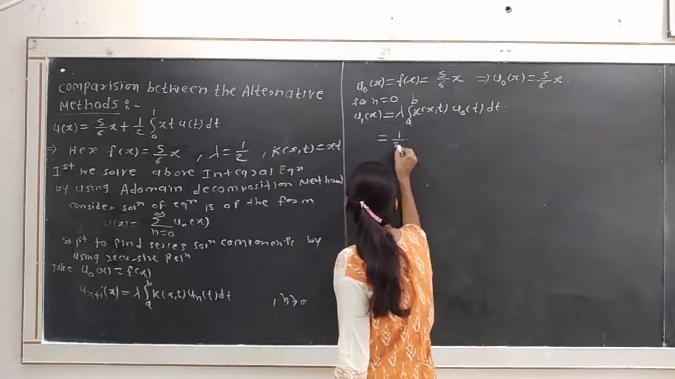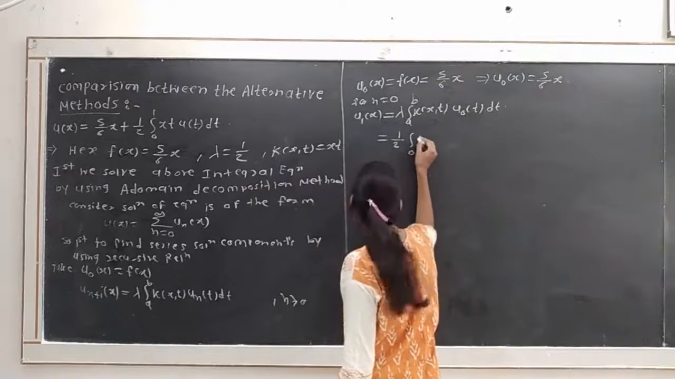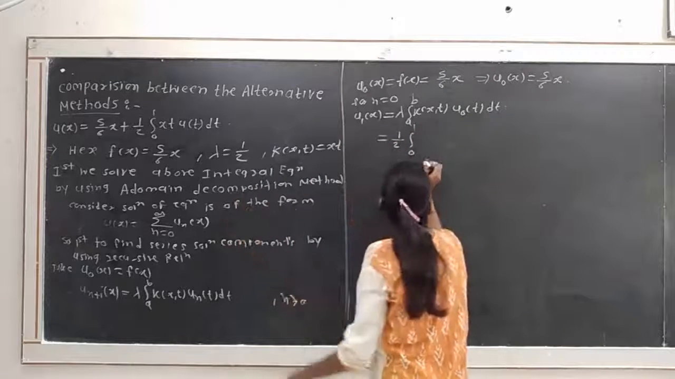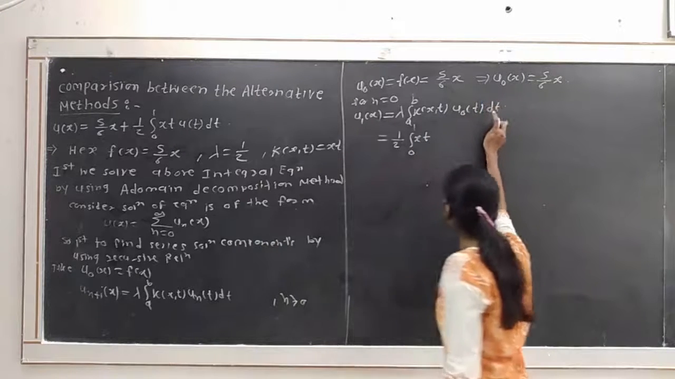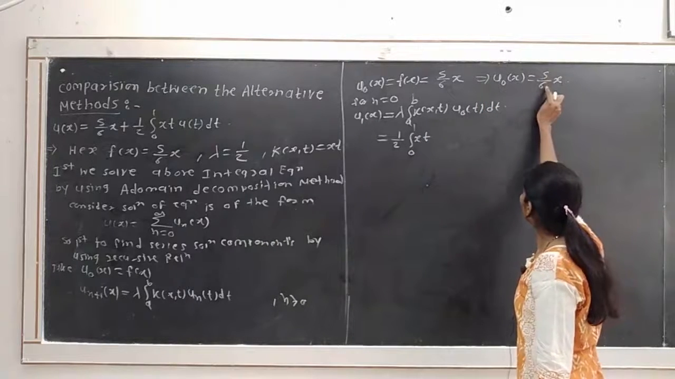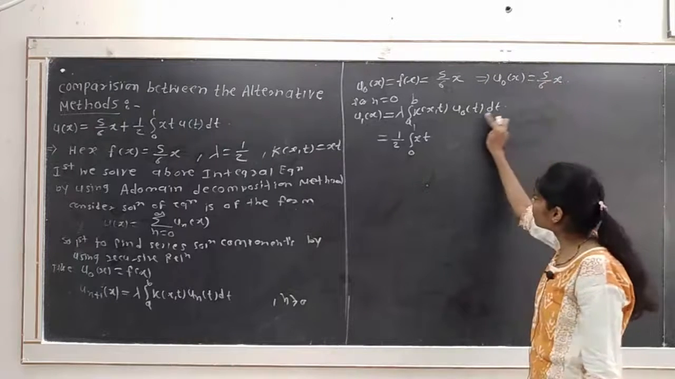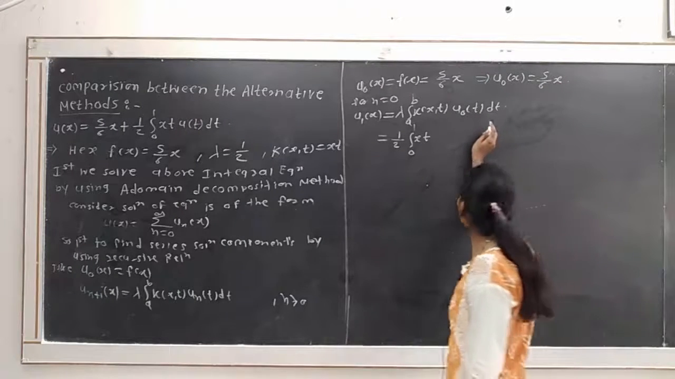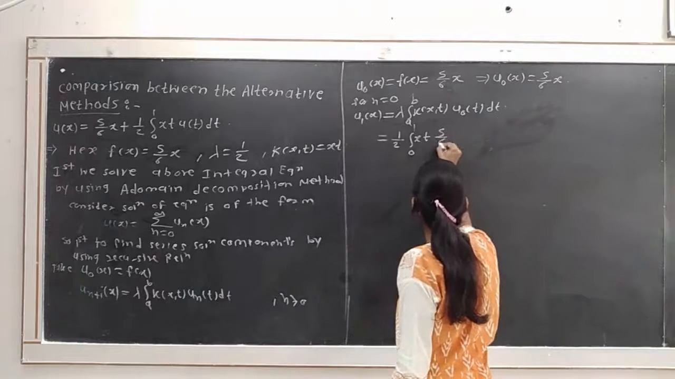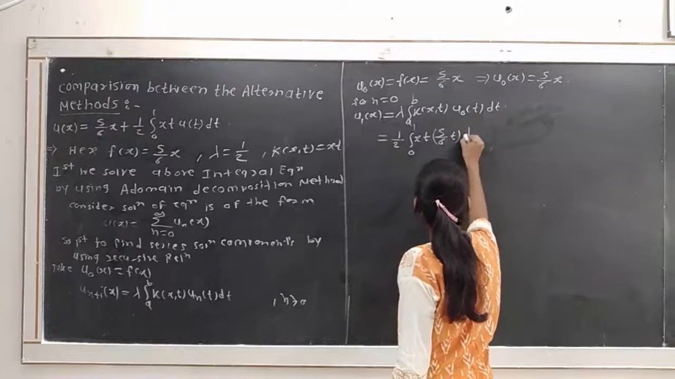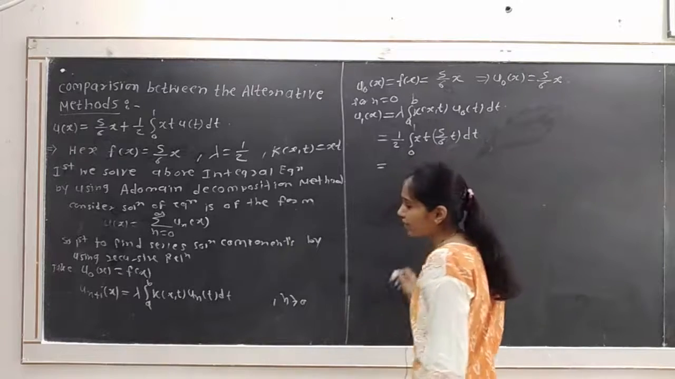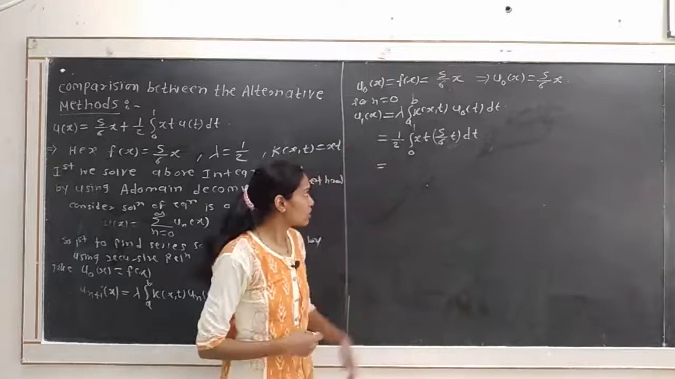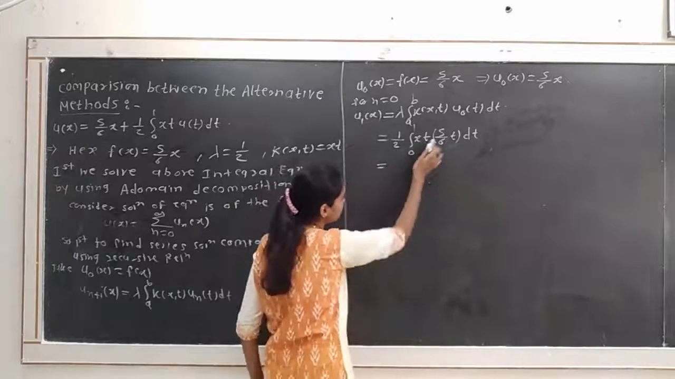So 1 by 2, integration from 0 to 1 will be given. Kernel K of x,t will be x into t, and here u0 of x will be 5 divided by 6 into x. So we have to get u0 of t, that is, in terms of t we get 5 divided by 6 into t into dt. So this is equal to, here we take constant terms outside from the integration, so 5 will be constant,